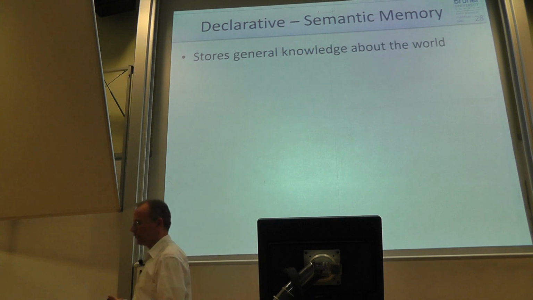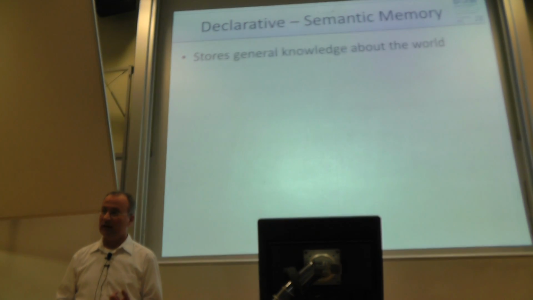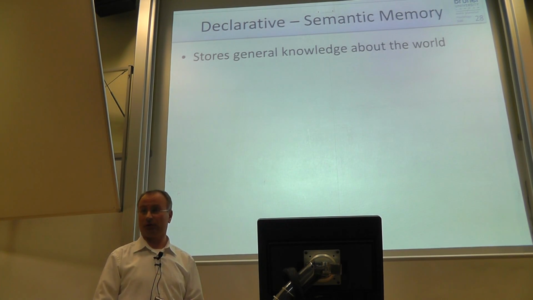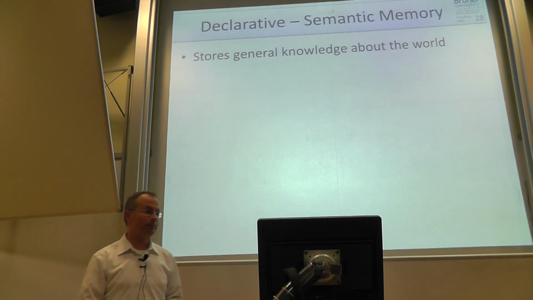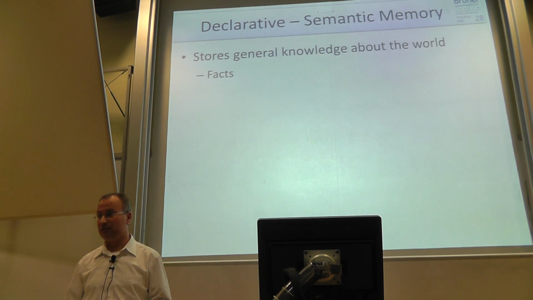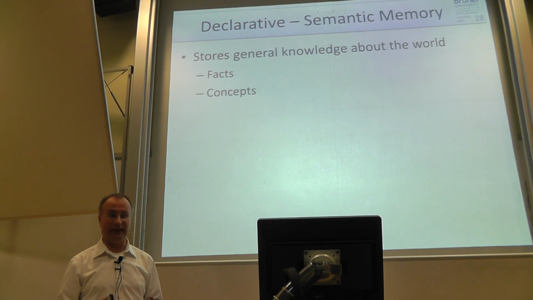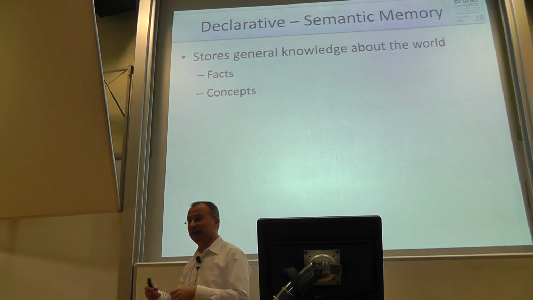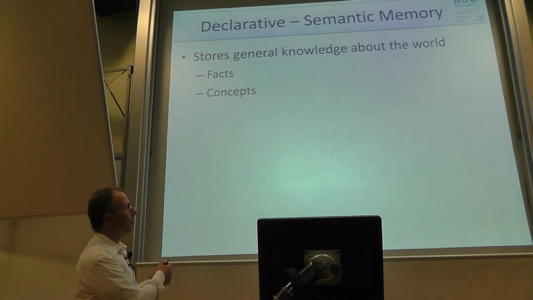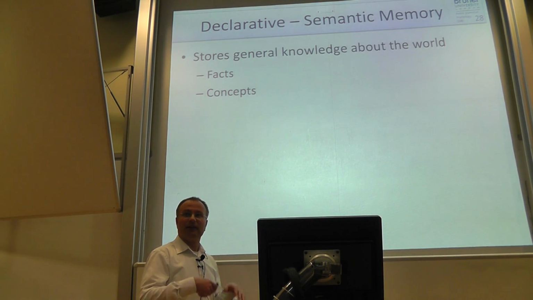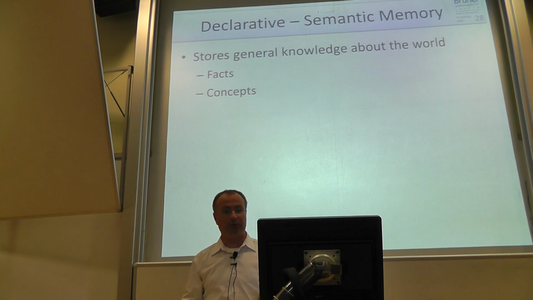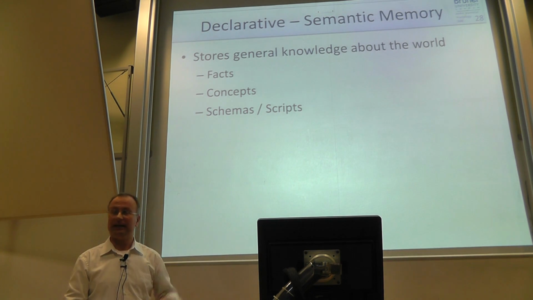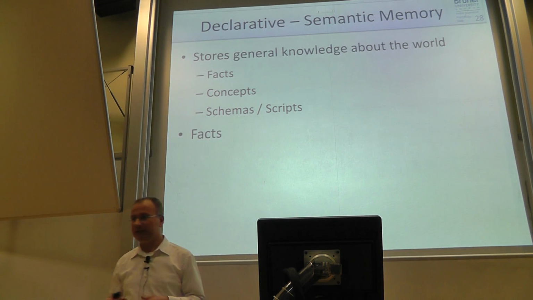Semantic memory, as I said, stores general knowledge about the world. However, that covers really a lot of different things, so we can find some structure here as well. The first things are facts, which we store. This is very basic. Then something more complex, which develops during life and by experience: we develop concepts. And the highest category which we speak about are skills. We will speak about all of them in a moment. So let's start with facts.